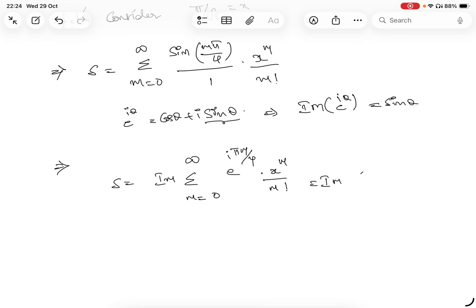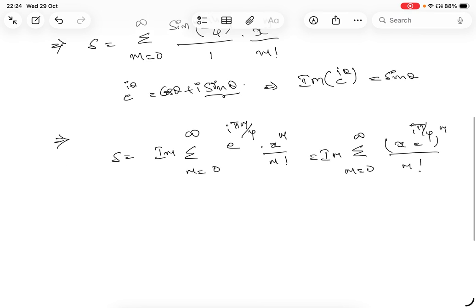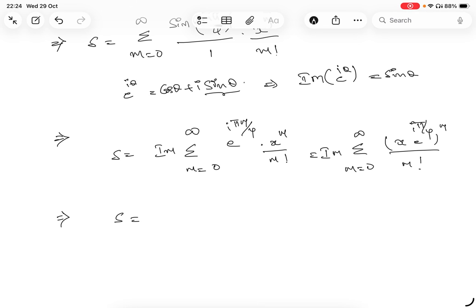This can be written as the imaginary part of summation m equal to 0 to infinity, the denominator is m factorial. As you can see, this e power i pi by 4 and x, they are having an exponent of m. So x into e power i pi by 4 whole power m leads to x power m into e power i pi by 4 whole power m, which is e power i m pi by 4, right? That is the imaginary part of this. As you can see, this is the formula for e power x, right? E power x is summation n equal to 0 to infinity x power n by n factorial,